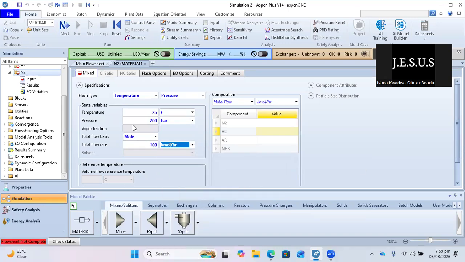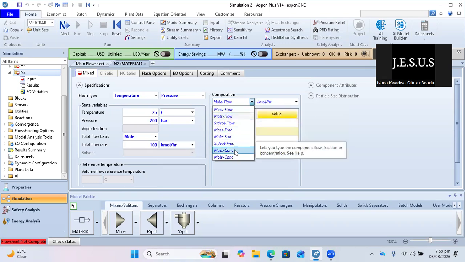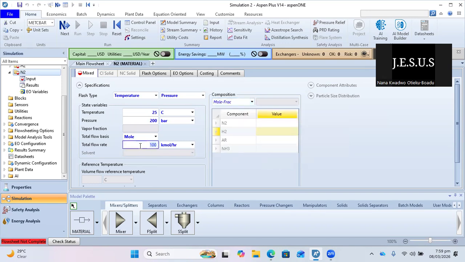Now, when we are done with this part, the next stage is to define the composition. So what is present in the stream? If we want, we can set this based on mole flow, mass flow, the standard volumetric flow, mass fractions, any of them at all. We will keep it on mole fraction because we've already defined the mole flow here. And in that stream, what do we have? We have nitrogen and we have argon. So please remember that we're told that,